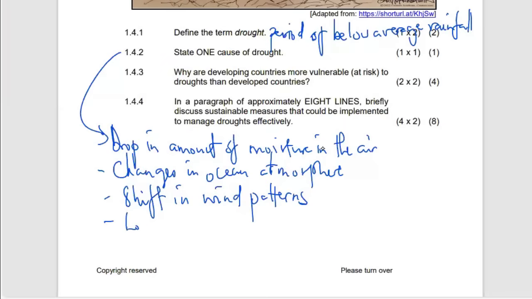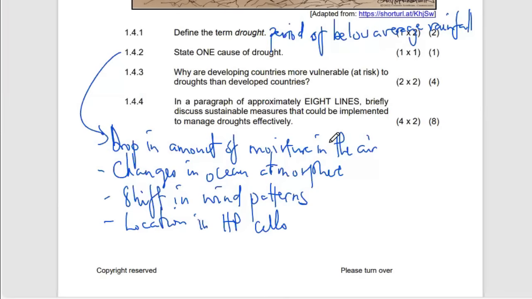Then we can also look at locations of the high pressure cell. For example, places in South Africa are mainly in the subtropical high pressure cell, where we have problems of sinking air. And sinking air, remember, creates clear cloudless conditions that are less likely to result in any form of precipitation. So we have drought conditions because we are located in the zone of high pressure cells where the air is sinking. Those are some of the aspects that we can highlight as the causes of